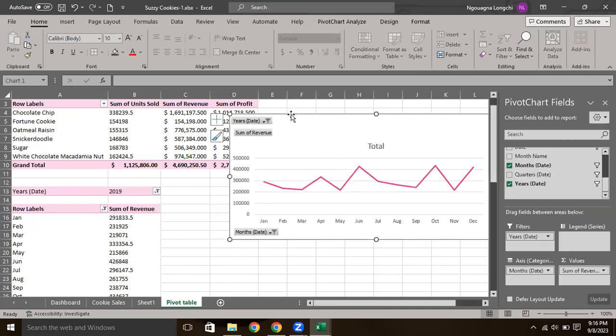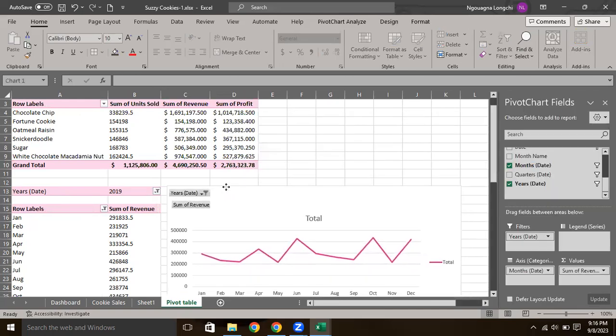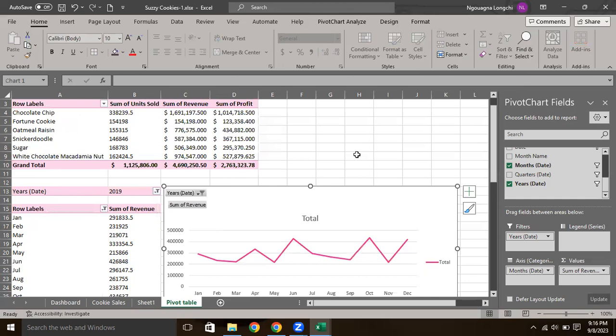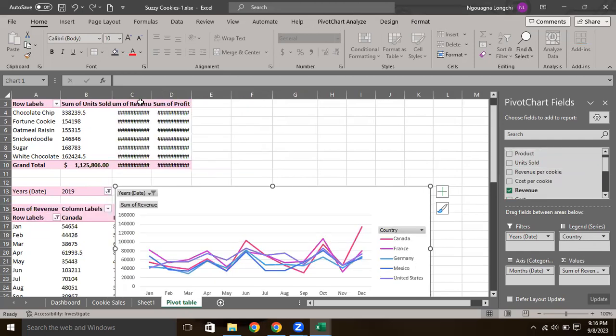Okay, so there's a lot about pivot tables. I think the notes I sent, you read the notes, you'll see more there. But I just want us to have an overview of pivot tables, especially this one here, where to put their values. Then this other one, you may ask me why have I not done anything here? This is the legend. It's just to further divide your data. For example, if I choose country now, I can choose country and put it here in legend. It will give you,